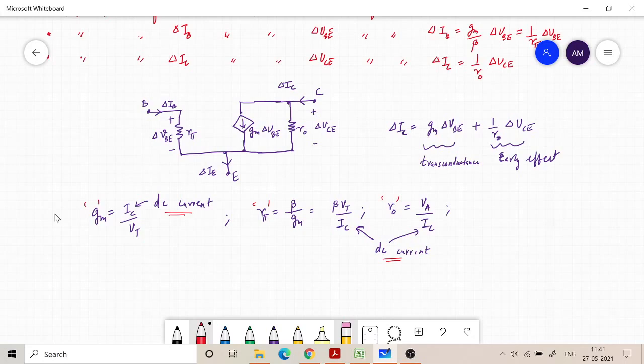That is the procedure, and in a similar way you can repeat it for a PNP transistor and you will get exactly the same equations, the same parameter values. The current direction you get in the small signal equivalent circuit is exactly the same as for an NPN transistor. But for large signal, the current direction is going to be reversed.